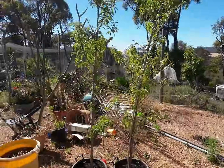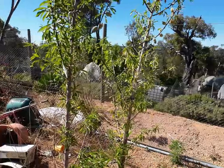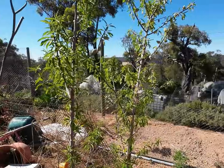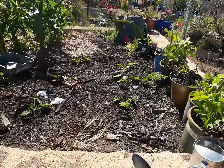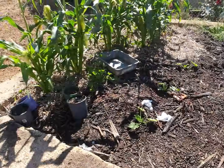I picked up a couple of almond trees. I've got to work out where I'm going to put them. They grow pretty big, the old almond trees. Over here I've just whacked in a few zucchinis to see how they go. And my corn,